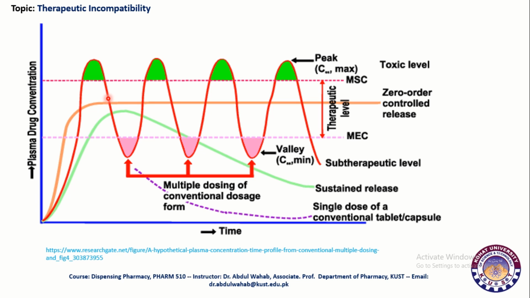So after reaching the peak level, the concentration will decline gradually due to elimination or excretion of the drug. So the next dose, if the doctor prescribes 500 mg with a duration of 6 hours, should be given after 6 hours, before the concentration of the drug goes toward the subtherapeutic level. The second dose should be given to maintain the plasma drug